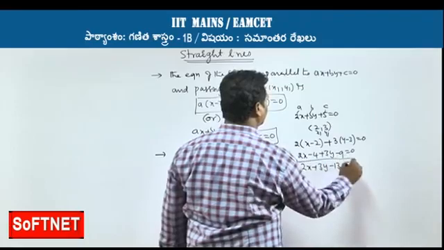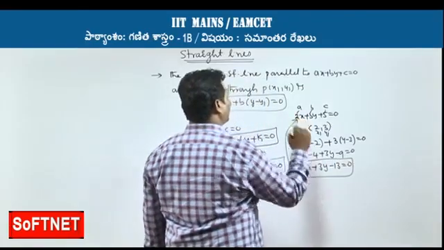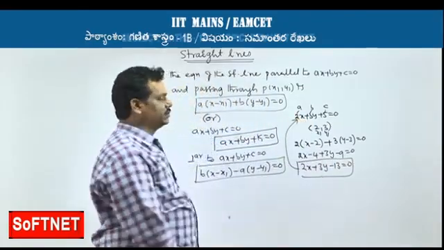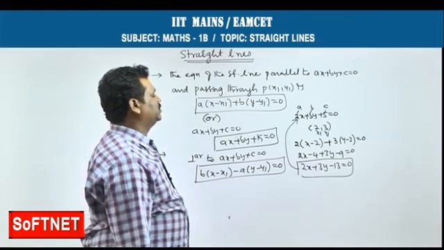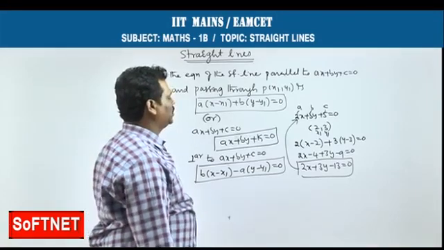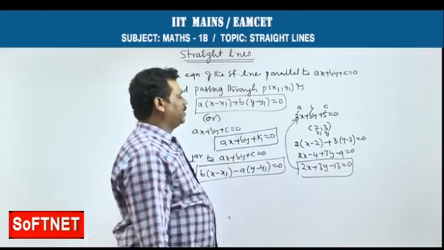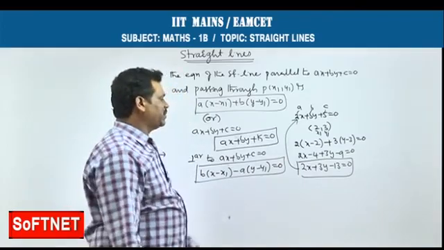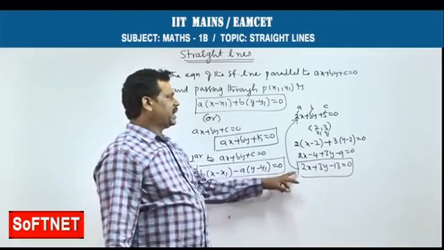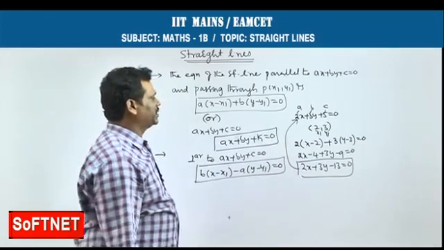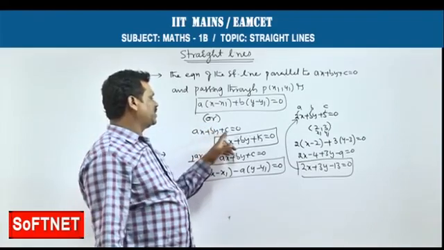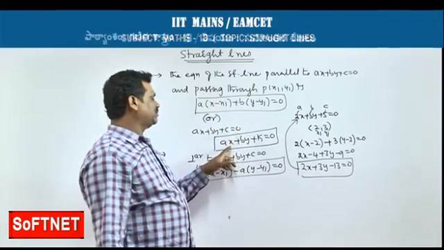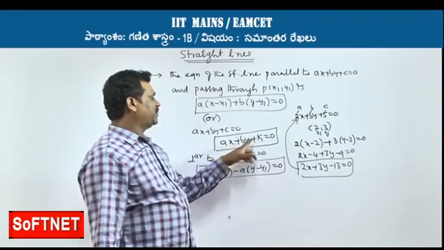This equation is parallel to this equation. Slopes are equal; the coefficients of x and y must be equal. That is what it means for two given lines to be parallel. 2x plus 3y minus 13 equal to 0 is the parallel equation of the given line 2x plus 3y plus 5 equal to 0. And also, taking ax plus by plus c equal to 0, the parallel equation is of the form ax plus by plus k equal to 0.